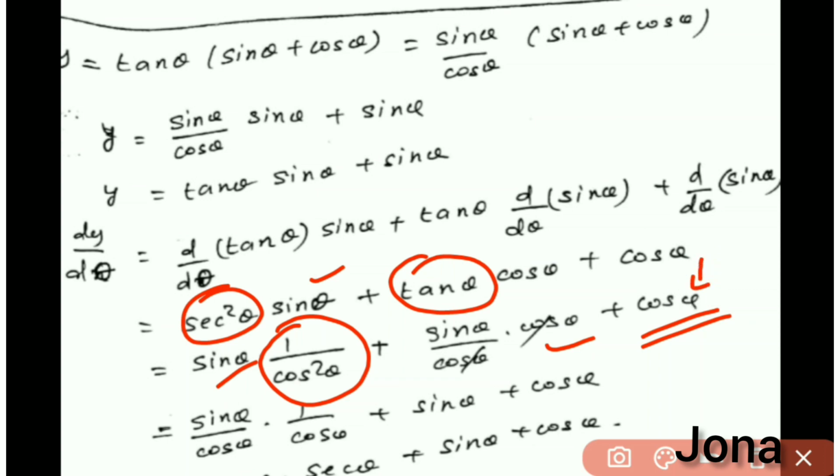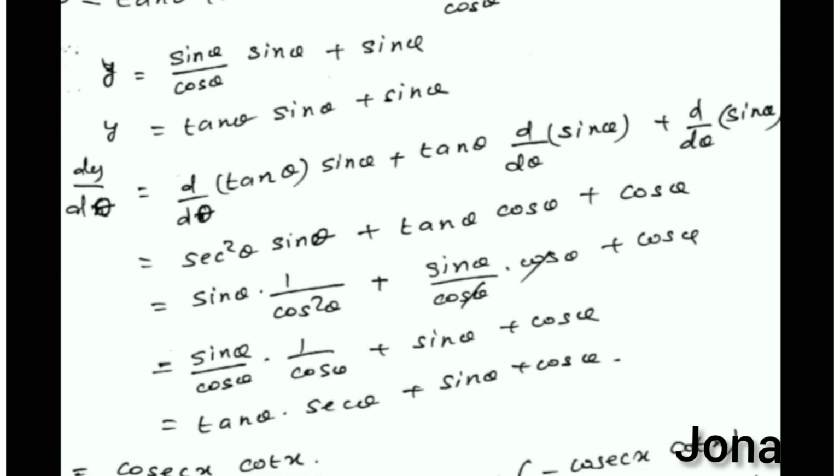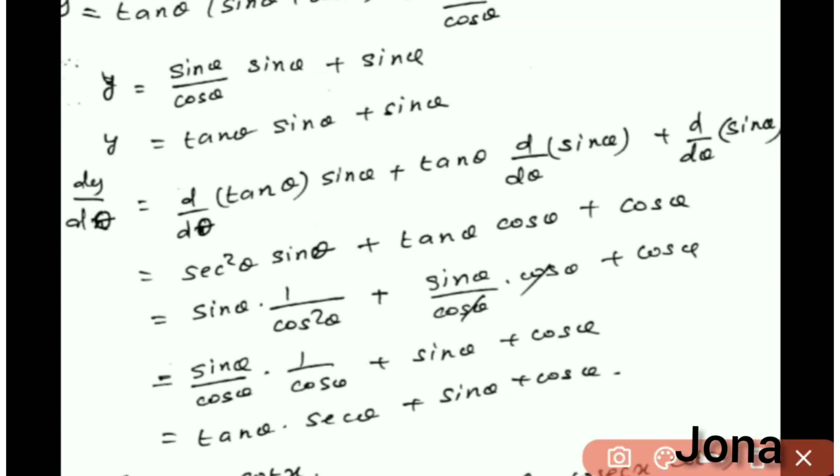Keep this term as it is there. And then if possible we can cancel the terms, isn't it? So I can write this cos square theta as sin theta by cos theta into 1 by cos theta. I split this cos square theta as cos theta into cos theta, plus I can cancel this cos theta and cos theta. The simple thing we have is sin theta plus cos theta here. And then I can write this sin theta by cos theta as tan theta into secant theta. This 1 by cos can be written as secant theta, plus sin theta plus cos theta. So this is the required answer here.